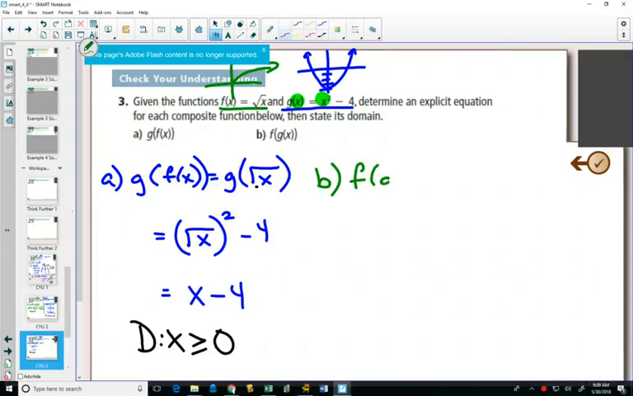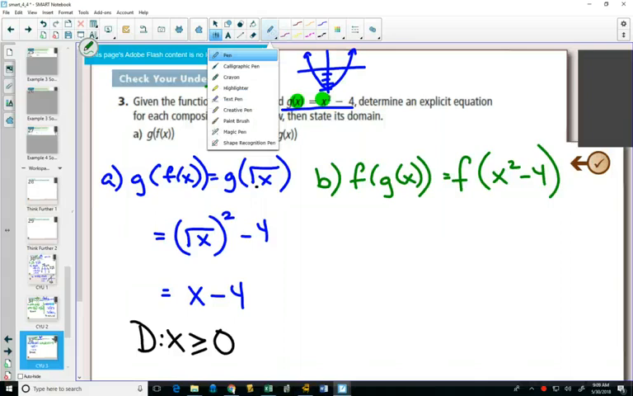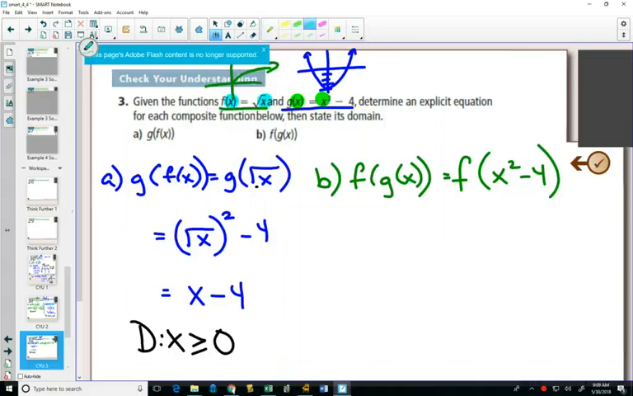Part B, f of g of x, well, g of x first is x squared minus 4. And then f of x says whatever you put into f of x, you just take the square root of it. So if we put an x squared minus 4 into f, all we're going to do is square root it. And this is where that idea that we looked at right at the beginning comes in. To find our domain,